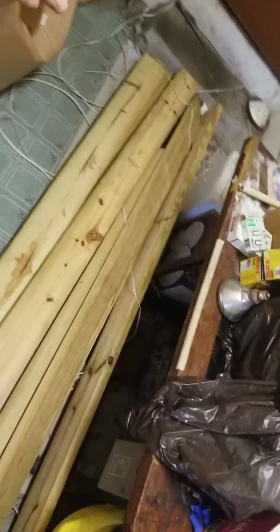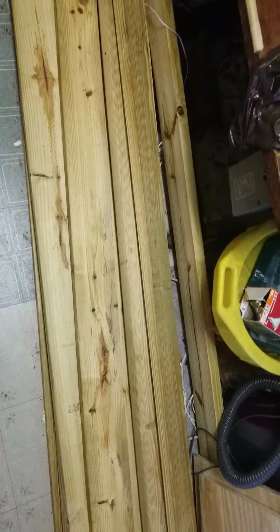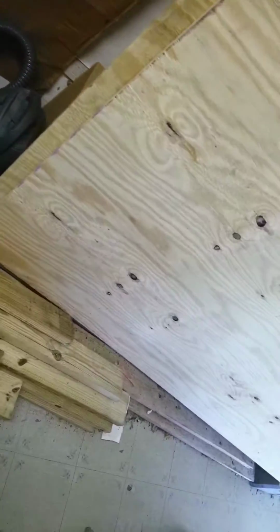$3, $4. These will be the joists and the studs. These will go under the subflooring here. I plan on putting mine on casters, but I did buy